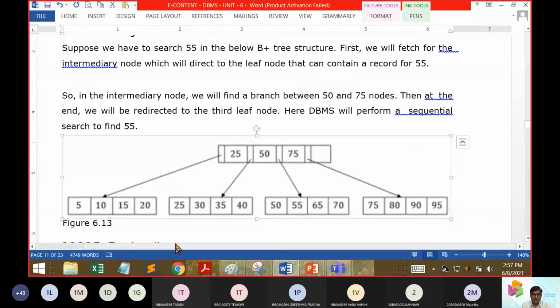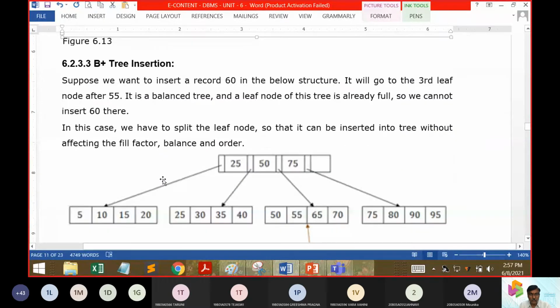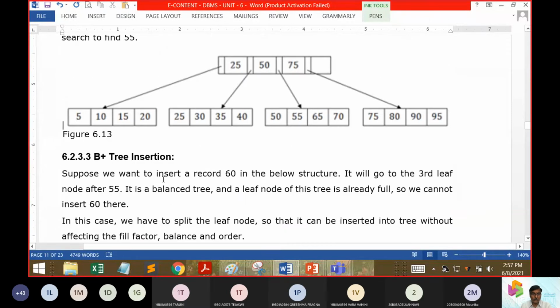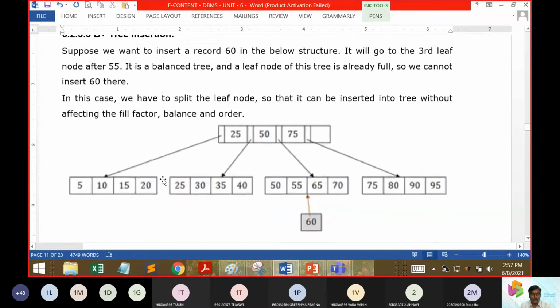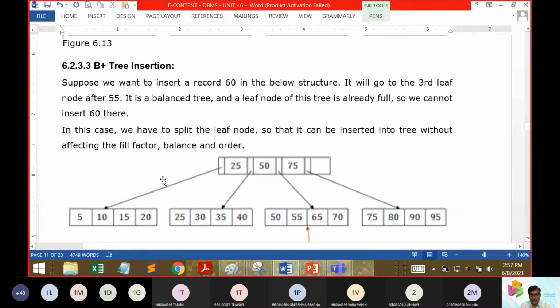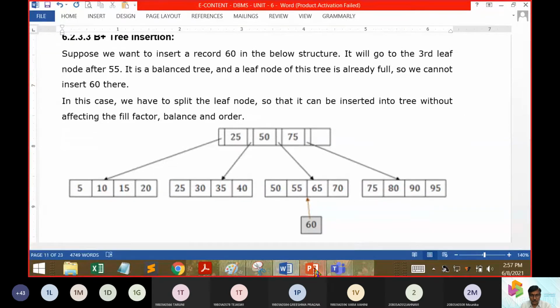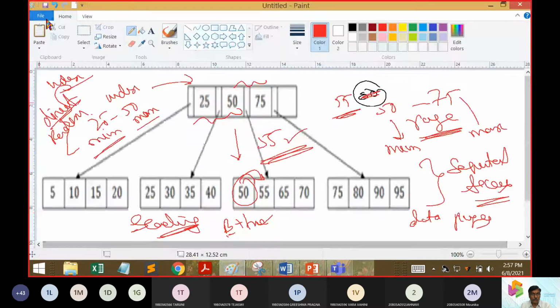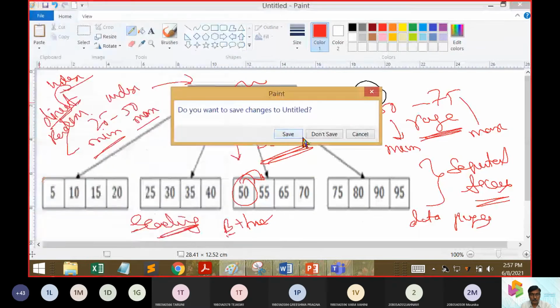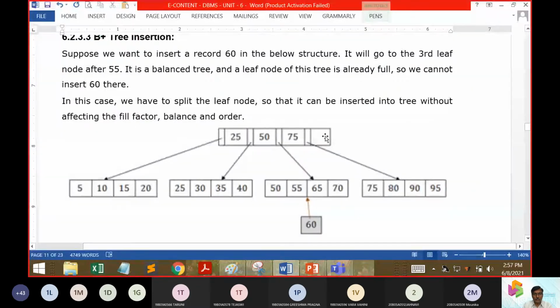Next comes the operation where we have to look into the aspect of inserting. So when we guide towards the inserting operation, assume that we need to include 60.